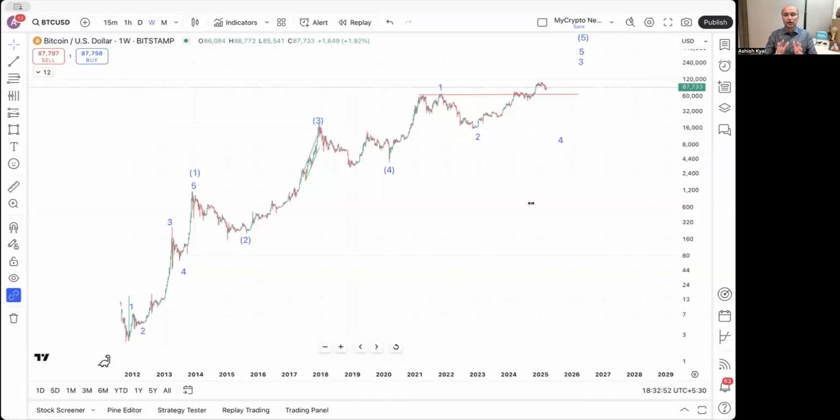This is the Bitcoin logarithmic chart right from 2012, बल्कि 2011 से ये चार्ट रेडी है। और ये देखिए दोस्तों, बिटकॉइन की प्राइस तब $3 थी, अभी चल रही है 87,798 वहां पर ये बिटकॉइन। और यहां पर अगर देखेंगे तो पूरा जो मूवमेंट है वो बहुत ही स्ट्रॉन्ग